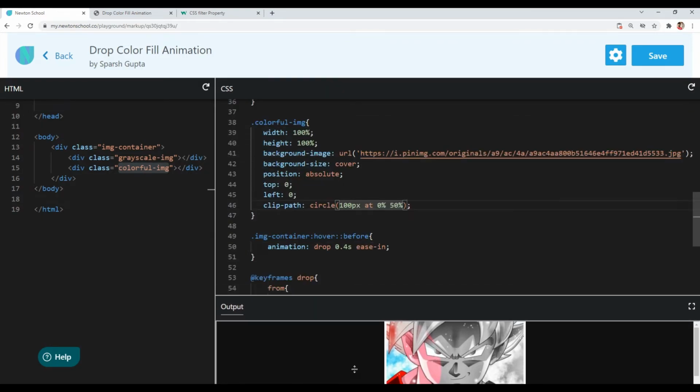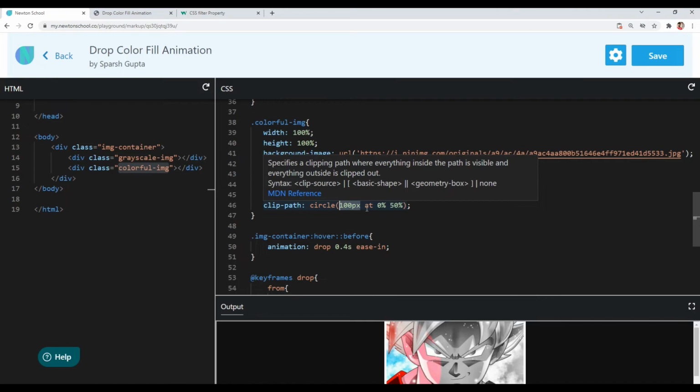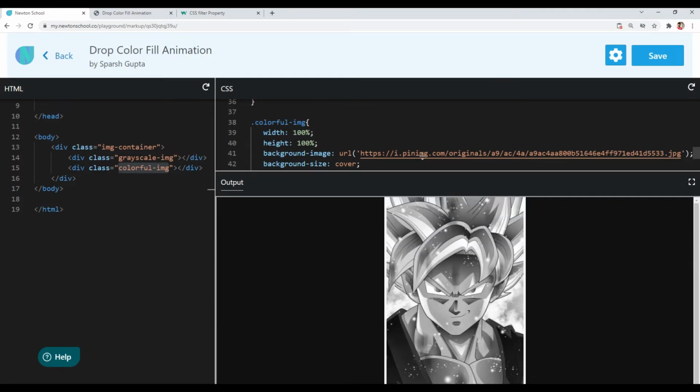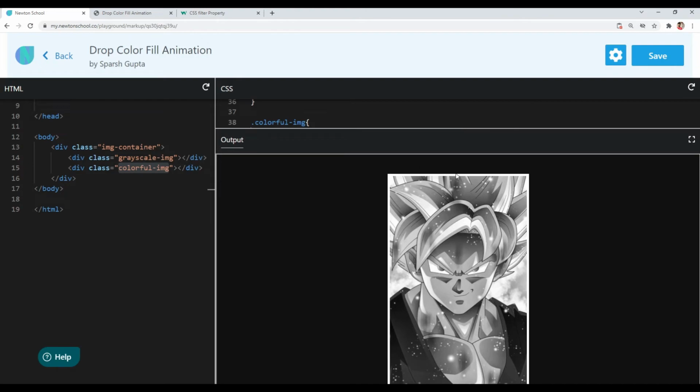Okay. So for the animation, what I will do is basically I will clip the colorful image and I want to clip it in circle shape with 0 radius initially, and I want to position it at 50% from X and 0% from Y. Okay, so that is somewhere here basically. Somewhere at this position, see my cursor.